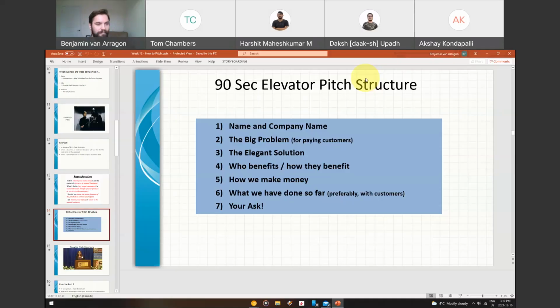So our company is an NFT mobile application. It's called NFT Exchange. The big problem that we're trying to solve is right now there's no mobile application on the market for buying and selling NFTs. NFTs are non-fungible tokens, I'm not going to get into that right now. There's a lot of websites where you can buy and sell them, but there isn't a mobile app right now. The other big problem in the industry is all the transactions are being done with a cryptocurrency called Ethereum, and it's a very high transaction cost every time you use it,